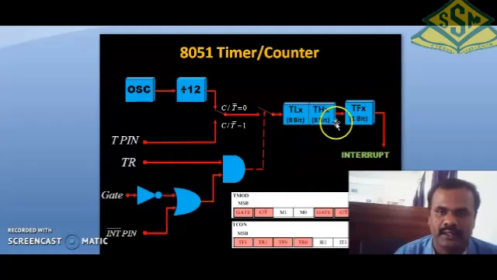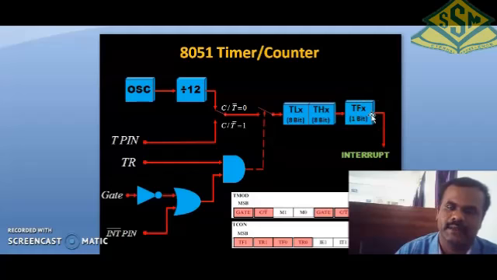Next, in the timer counter section, the value of the timer counter is loaded into timer lower and timer higher. The two 8-bit values are combined into 16-bit values. You start the 16-bit value counting as a counter or timer, and then there is the timer flag condition. When the timer ends, automatically the interrupt goes through the program to initiate the values.